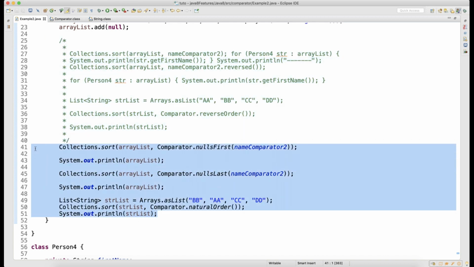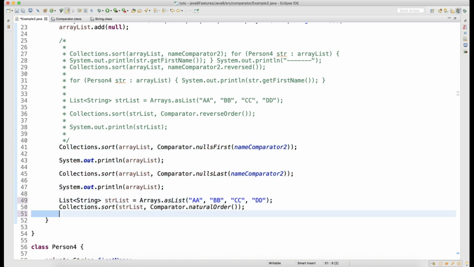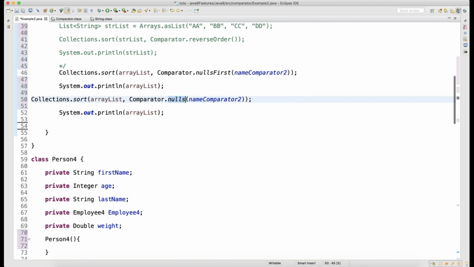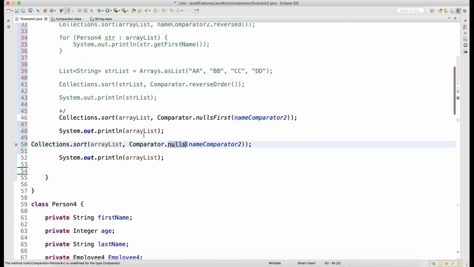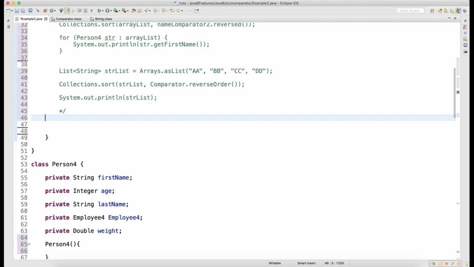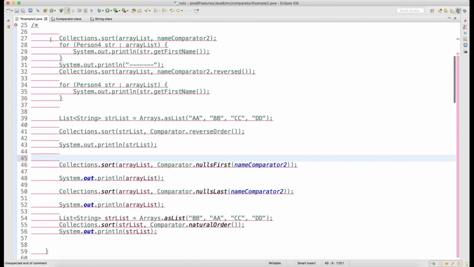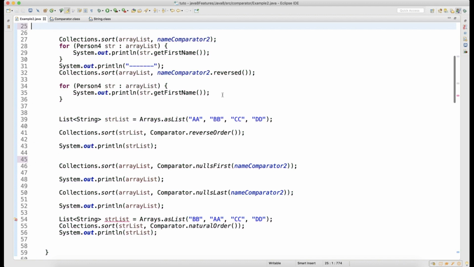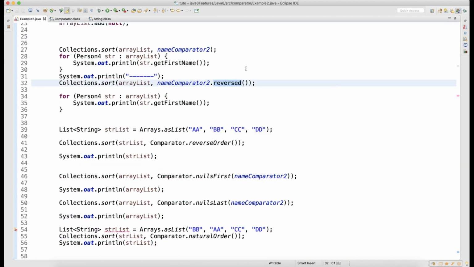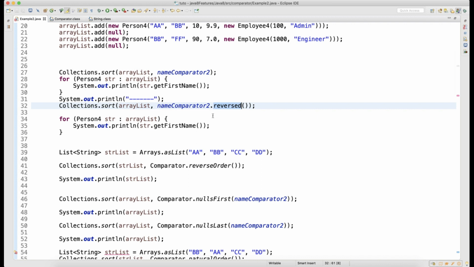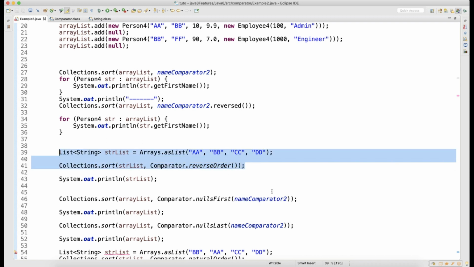Okay, let me uncomment everything, guys, so that we can see whatever we have understood till now. So how many methods have we seen? One is reversed, which will reverse your comparator result. One is reverseOrder. Whenever your list has a type of Comparable, it will reverse the entire order itself.